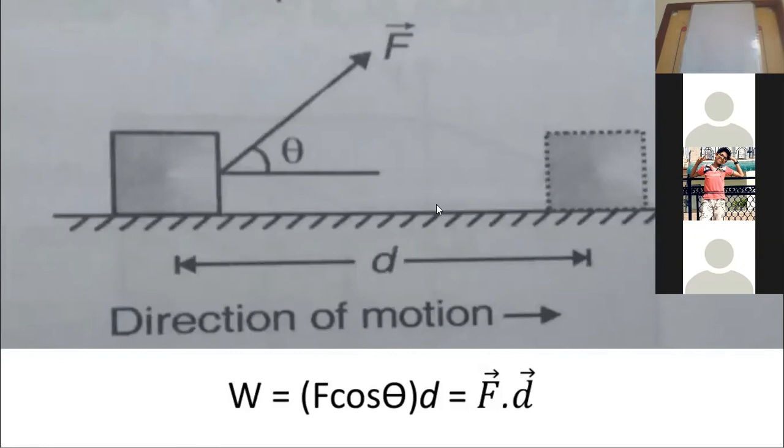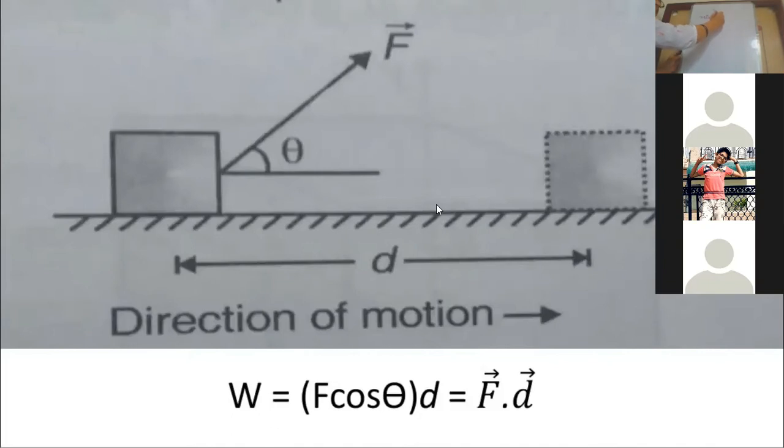Okay, I was discussing that work done is positive. For example, if we apply a force on an object, like this duster lying on my hand, and I apply the force so that the duster comes in motion, then if the motion of the object and the force applied are in the same direction,